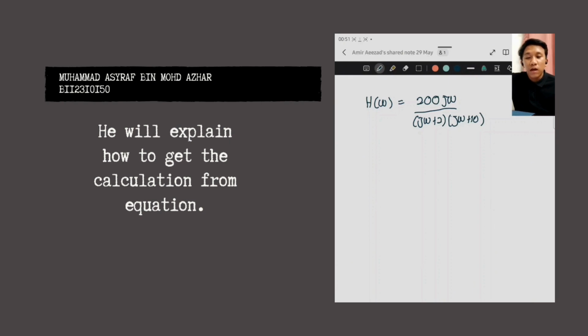I want to explain about the equation of the dot plot. This is our equation for the transfer function. First, label the equations, for example number 1, number 2, number 3, and number 4. And then make the transfer function from the equation. For example,